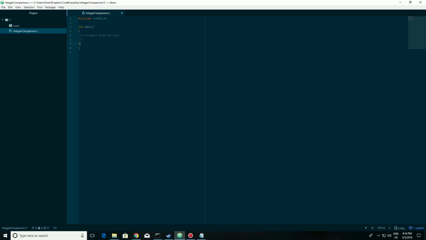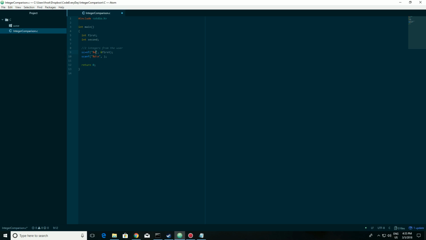So, in C, I have some boilerplate right now, just including the standard IO library and having an int main so I can run it, and we should have a return 0 here. To get two integers from the user, first we're going to need a place to store those two integers, so we're going to have an int called first and an int called second. Then we're going to actually get them from the user. We're going to use the function scanf, just because it's very simple, very easy to use. We're going to take an int, and pass it the reference to first, and then we're going to do another one,